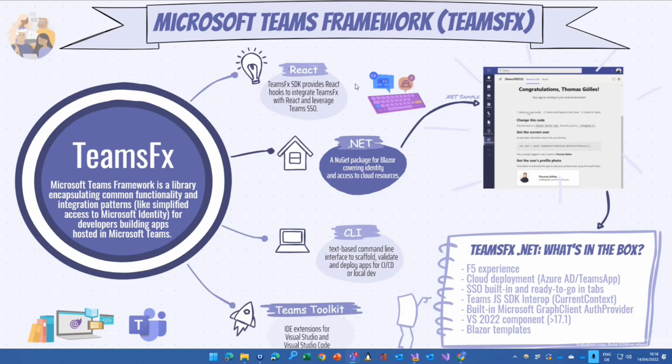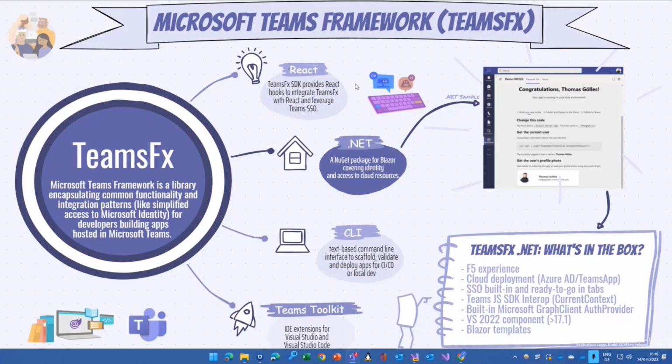I think cool kids now call it infographic or something else, to make clear some of the pretty nice choices Microsoft made in terms of naming, meaning there is TeamsFX, there's Teams Toolkit, and if you read through documentation or read through Twitter or different blogs, you will see a lot of mixture of all those different names. And this thing here tries to make it a little bit clearer what is part of TeamsFX and what are the